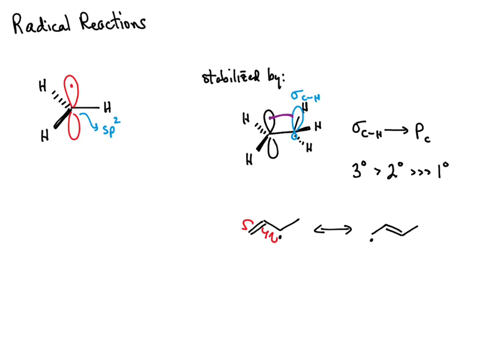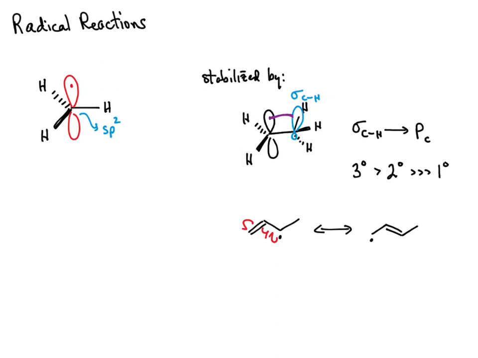So why would radicals be stabilized by these effects? Well, in the case of the resonance form, you can place that unpaired electron on multiple atoms, and so this is going to be incredibly stable. But what about the system where we have a sigma donation? Let's look at the molecular orbital diagram for a free radical intermediate that undergoes sigma donation. And so we're going to draw out this system